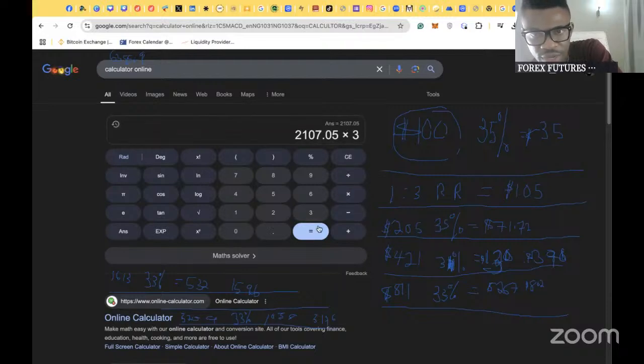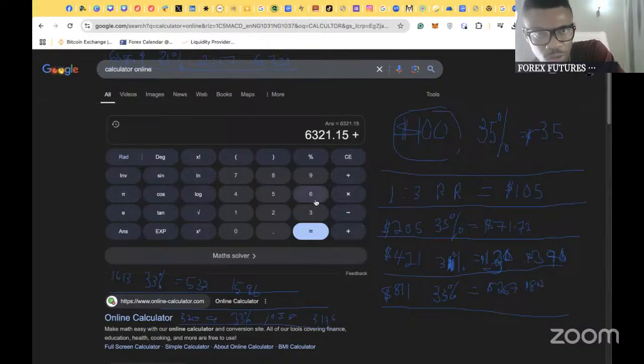If it goes well, times 3, we have a profit of 6,321. So we are risking 33%, and that risk is 2,107. And if it goes well, we have 6,321 profits. So our new balance will become doubled